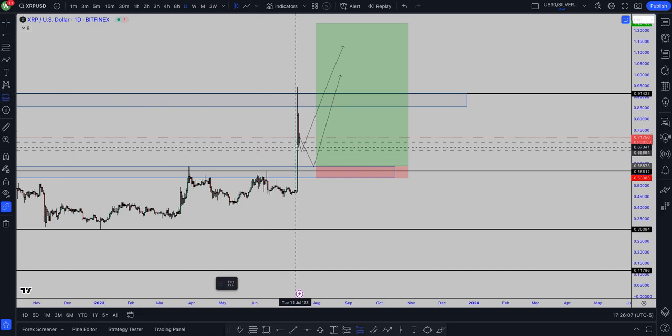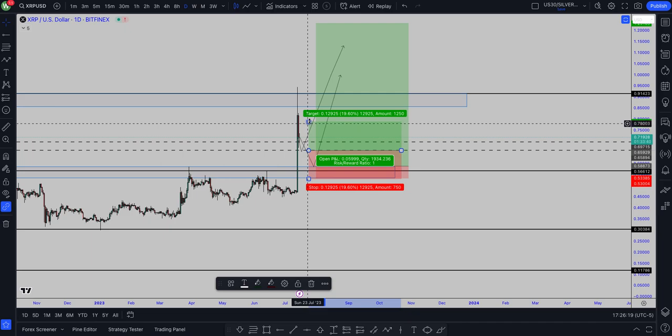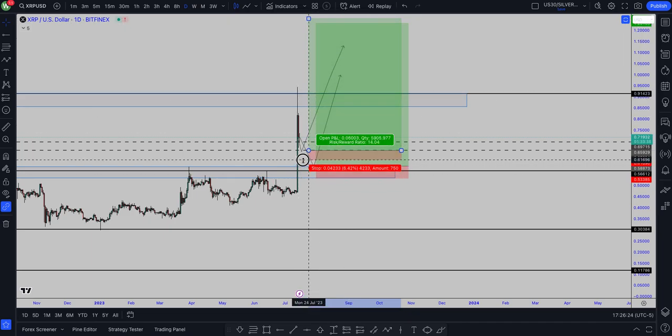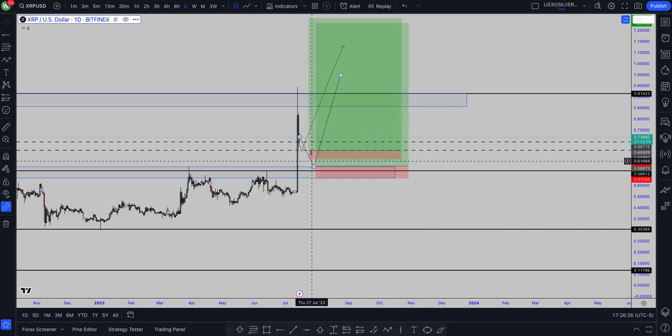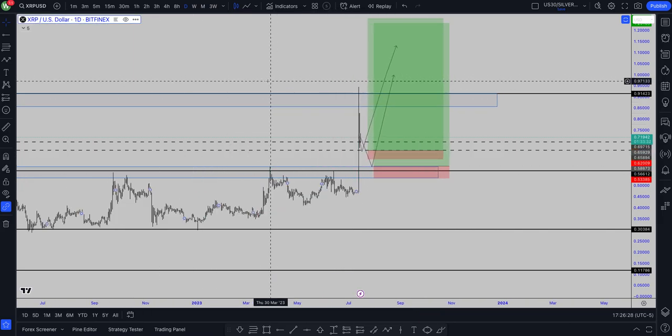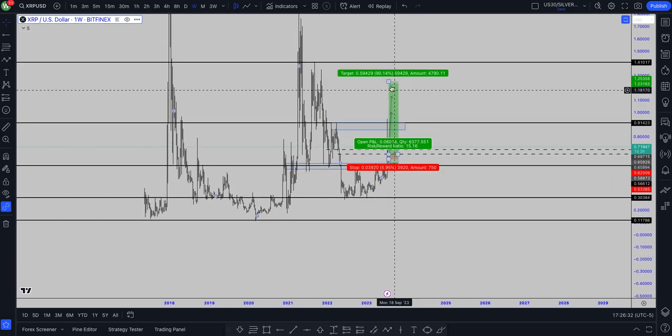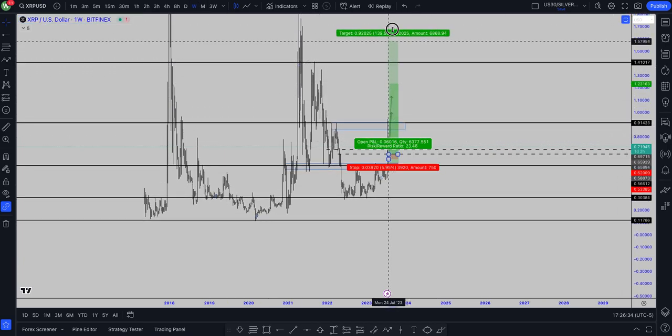Another one, might see the market do this too, and then stop loss a little bit lower, right? So first option, second option, and this going back up, I think is gonna magnetize itself back to